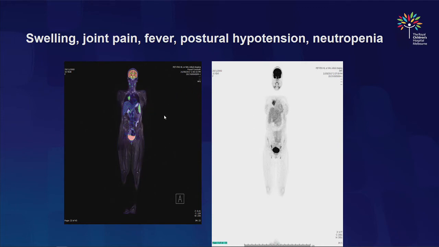We have just a couple of examples. A 16-year-old girl had swelling, joint pain, fever and postural hypertension with associated neutropenia. The patients that we have done have tended to be ones that have not had their answers on conventional imaging, so we have a smattering of patients that have been difficult for the clinicians to sort out. This girl was found to have a hypermetabolic lesion in her chest, which was subsequently found to be a thymoma,